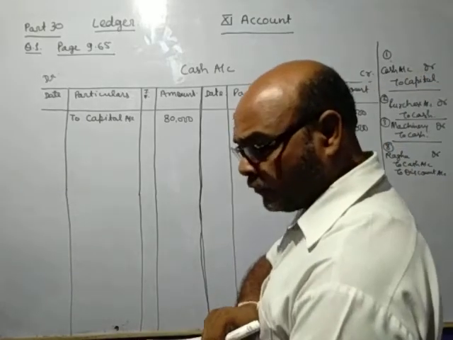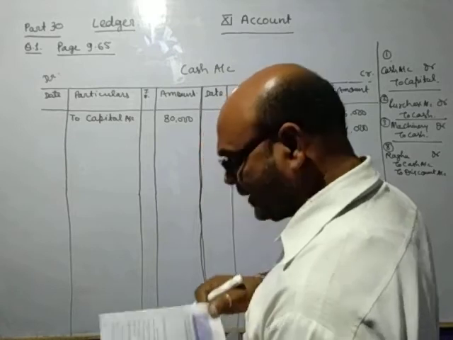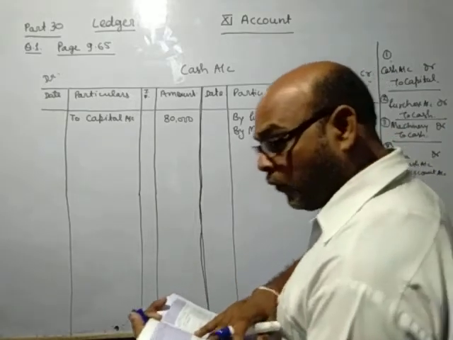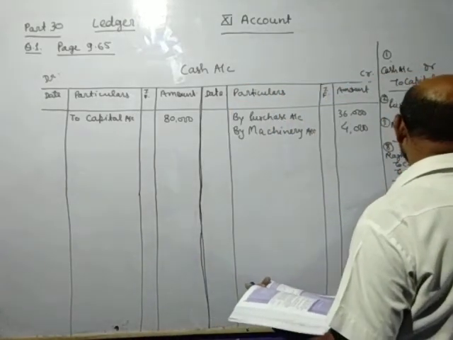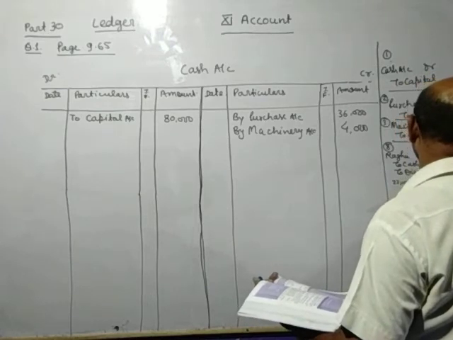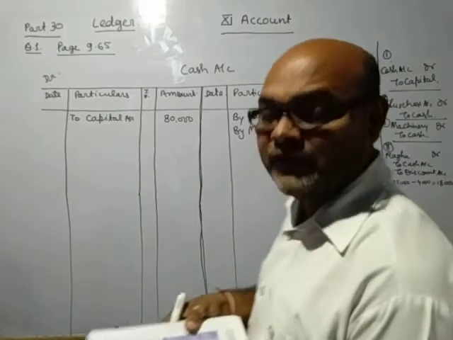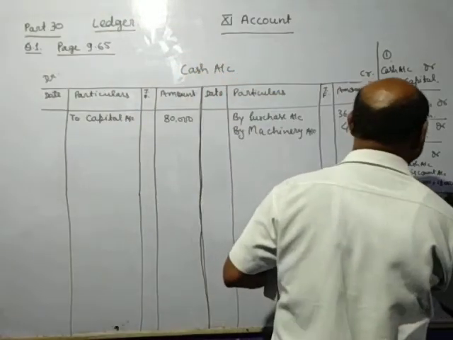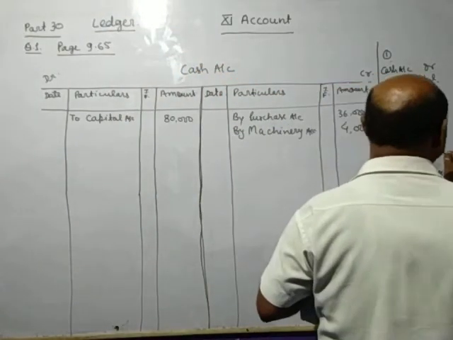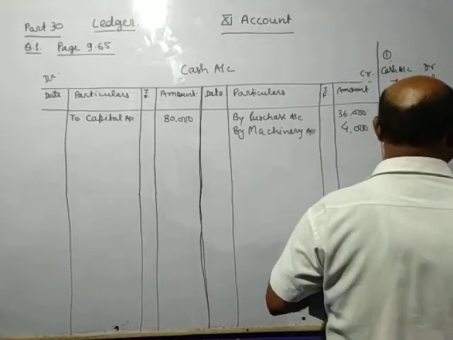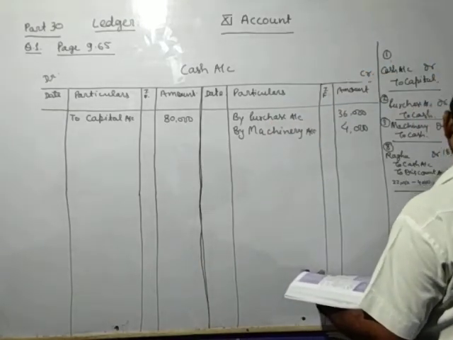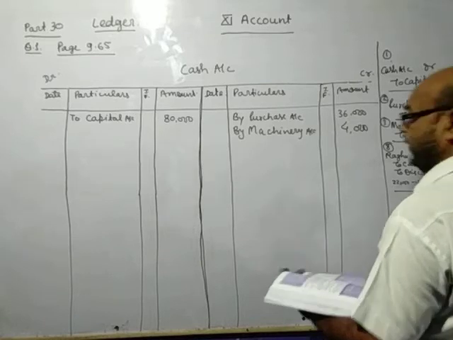Now see, you have purchased the goods from Raghu for 22,000, out of which 4,000 goods you have to return. So the balance is 18,000, but you have paid only 17,500. So 500 will be considered as a discount. So Raghu will be debited by 18,000 to cash account, that is 17,500, and discount account will be 500.